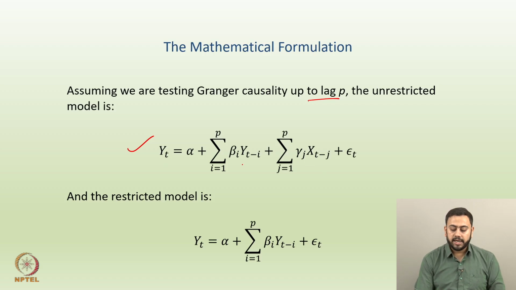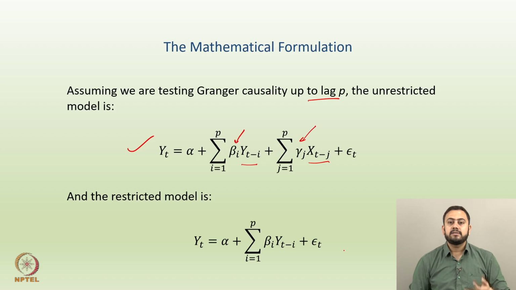So, one should actually have yt minus i as well as xt minus j, since the model is unrestricted, right. And once you plug both these series, or the past values of xt and yt, in the regression model, one should actually have those coefficients as well. So, gamma j and beta i, right. So, rather alpha, beta i's and gamma j's are nothing but the underlying coefficients of this regression structure.